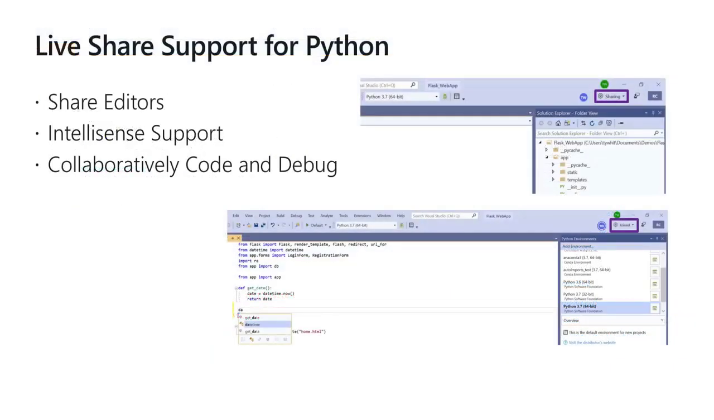And finally, there is now Live Share support for Python and Visual Studio 2019 to enhance your collaborative coding experience. In VS 2019, you can initiate a Live Share session by clicking the Live Share button on the upper right corner of Visual Studio to generate a link to share with your peers. Users who join your Live Share session will be able to see your Python